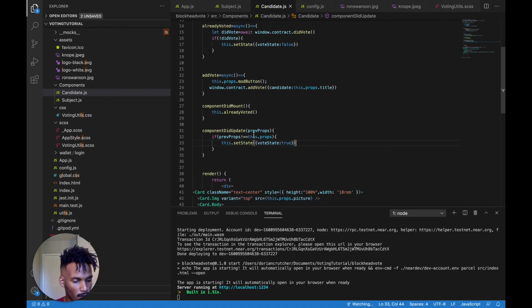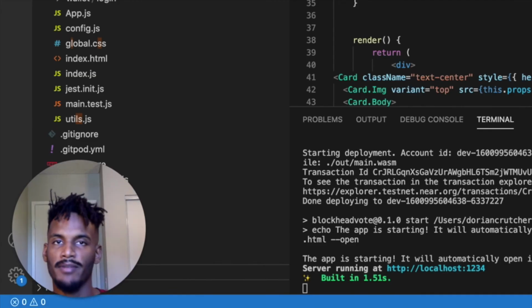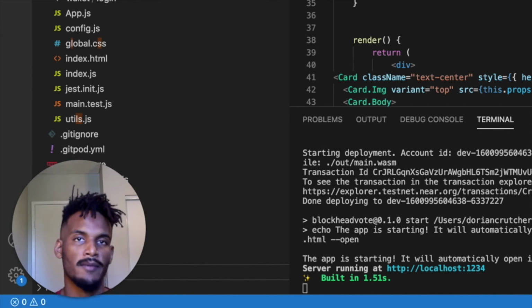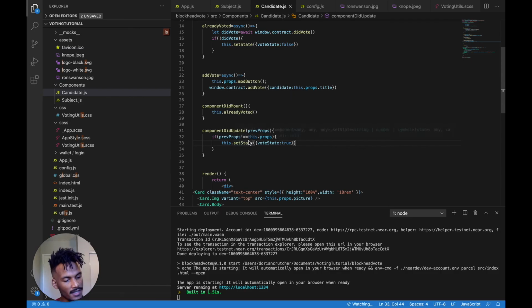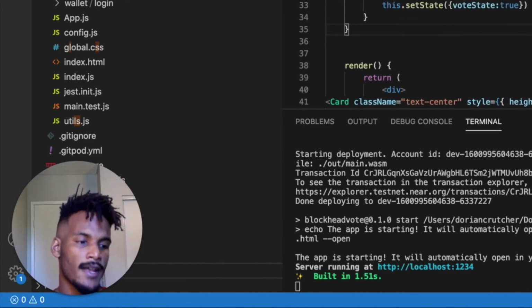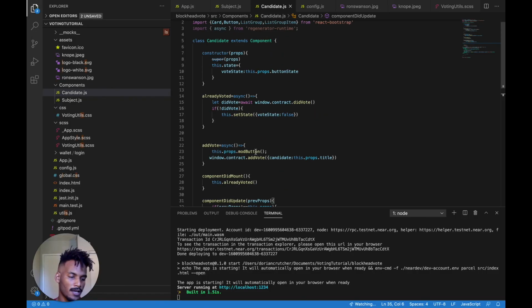So we have one function that checks whether or not the user has previously voted at all. And now we have this, and that's going to determine whether or not the button remains disabled or becomes active after a few seconds of loading. This latest feature we just added assumes that the user did not vote, meaning that the button will load, become active, and then once we call this.props.modButton, it's going to change the state variable in the top level app.js file,